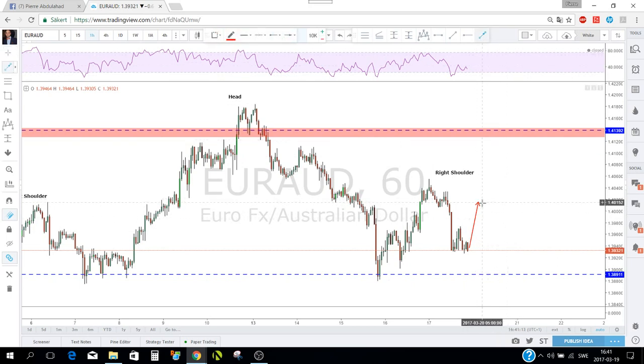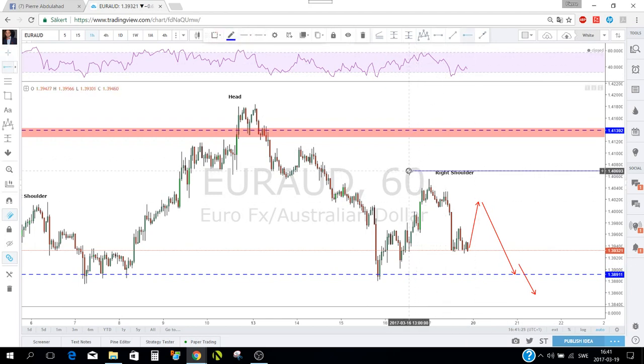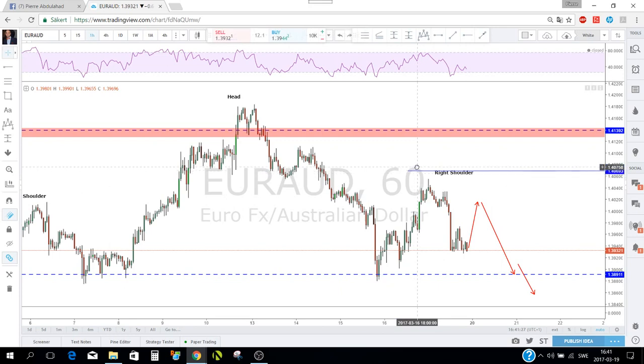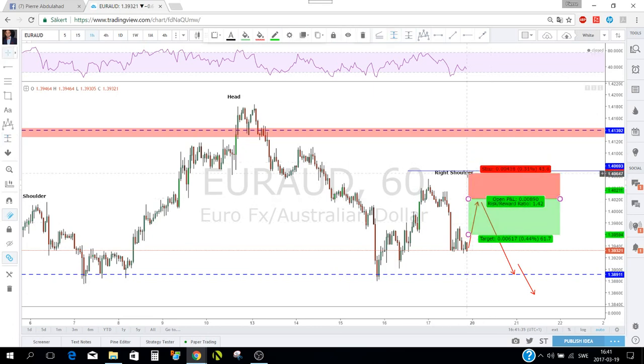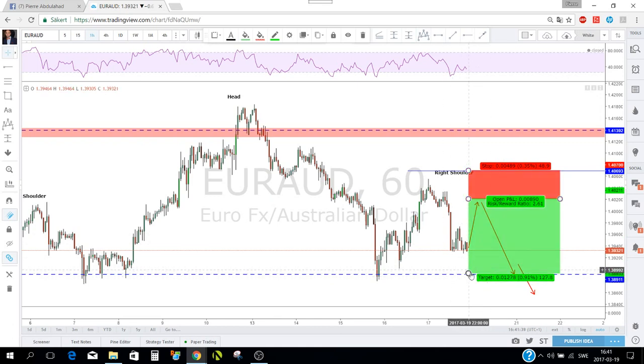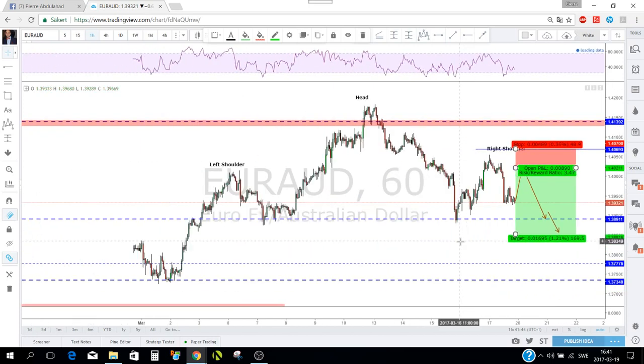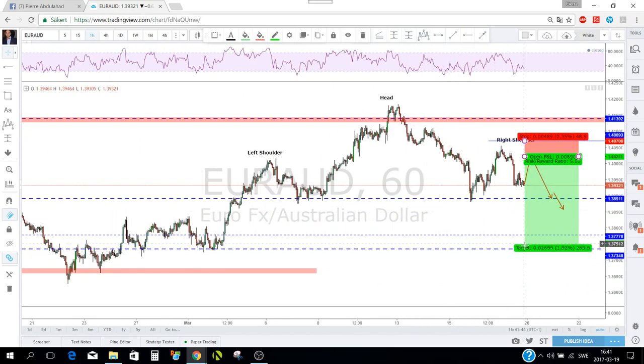Where is my arrow? Here we go. And then you can see if it's gonna break to the downside or not, and your stop loss this time is gonna be much better and lower, because you're gonna have it somewhere here, and your entry is somewhere here. That will give you much better risk to reward, as you see here. And if this does not break, you have a 2.6 ratio, and if this breaks, then you have this whole move